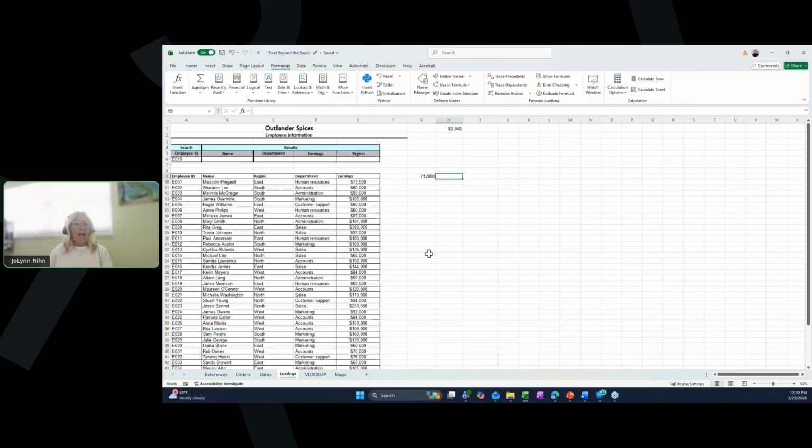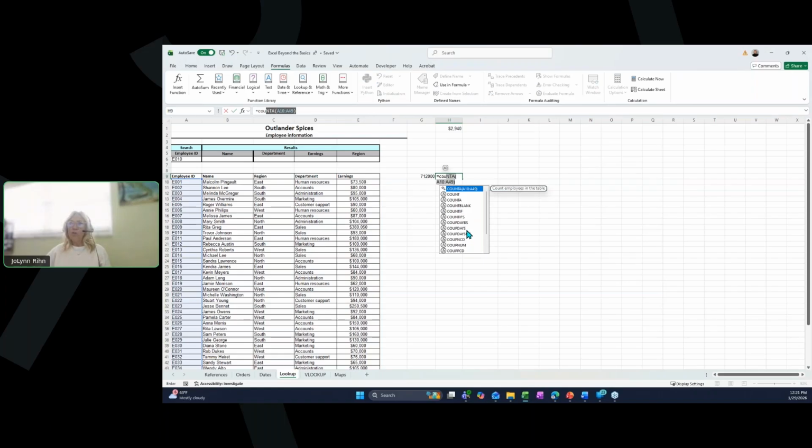Now, one more formula that I'm going to do with that same data, I'm just going to go to H9, and I want to know, well, how many people are actually in the marketing department? So how many employees in this list does it say marketing in that department column? I'm going to use a function called COUNTIF. So I only wanted to count the department column cells if it says marketing. So I'm going to do an equal